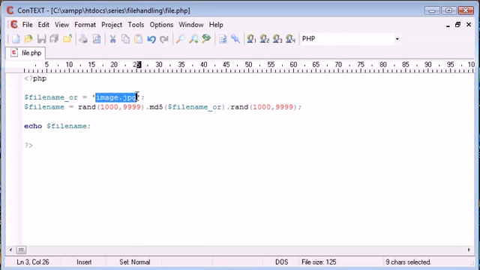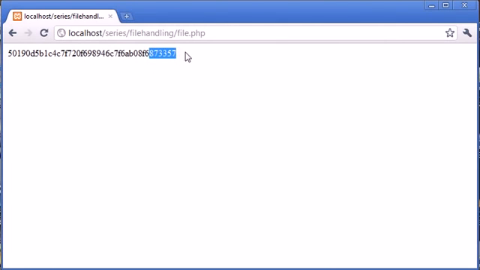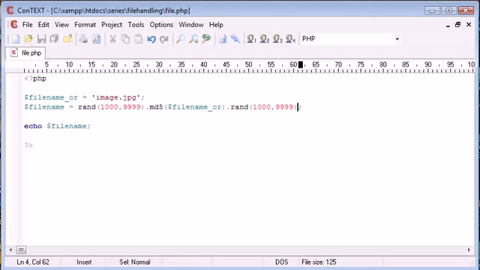Okay, so this is the random file name that we may have generated to save on our server. So let's say the first user uploads an image called image.jpg. Everything's fine, the image is stored. However, what happens if, say, 1,000 users later, someone else uploads an image called image.jpg, and this random number here and this random number here happen to equal the same as what's already been stored here and what's already been stored here. So there's a way we can deal with this, and we need to use the